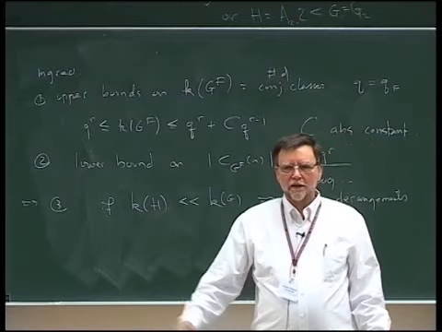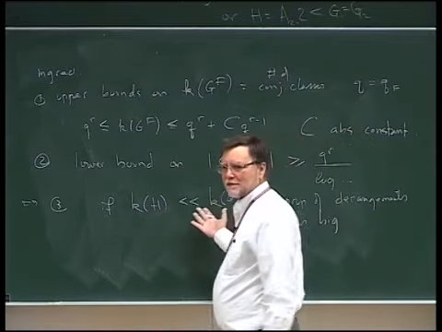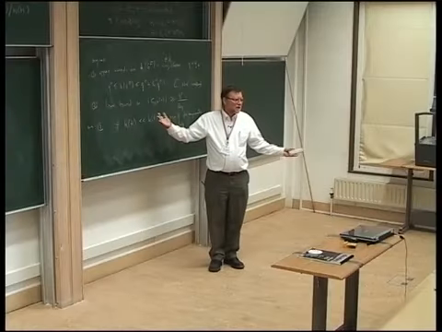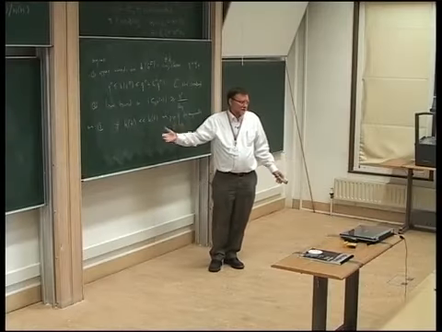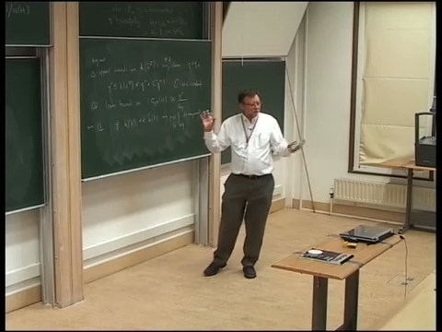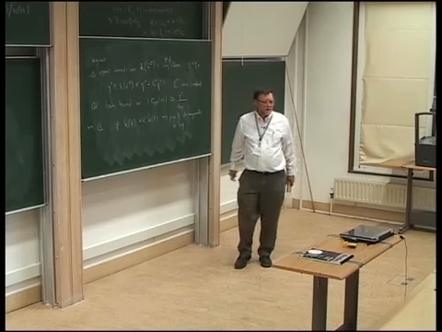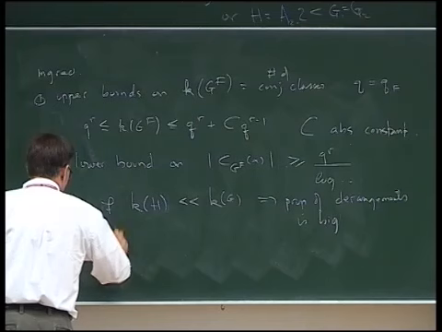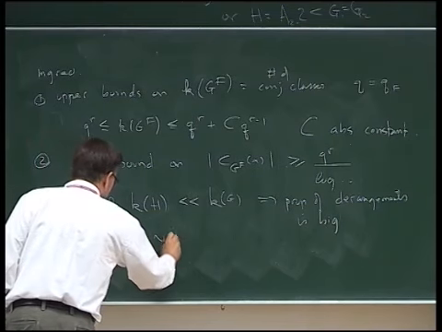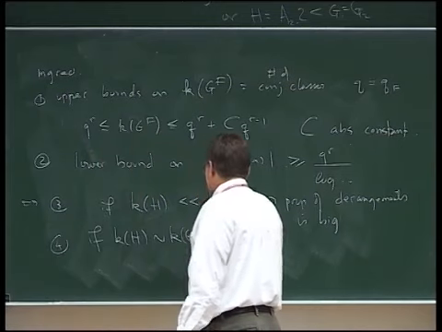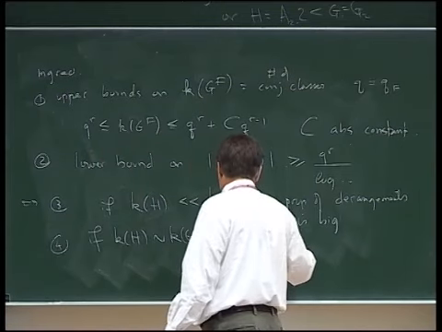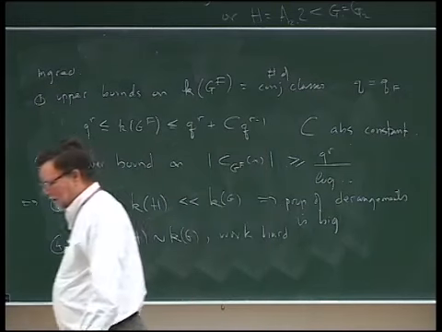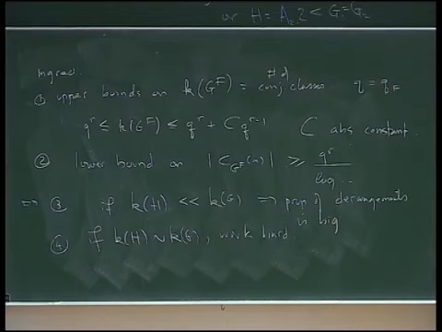OK, well, now what are the ones where this fails? Namely, the ones where essentially it's coming from something containing a maximal torus, because then it will have the right number of conjugacy classes. So then you have to worry about fusion. So then you have to work quite hard. So let me just say, if k(H) is approximately the same as k(G), well, then you have to work hard. And for example, the case of subspace actions is, Jason just sent me the latest draft of it. It's 55 pages long.